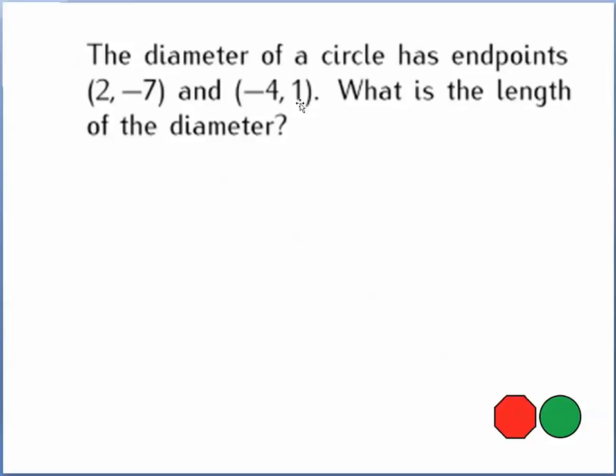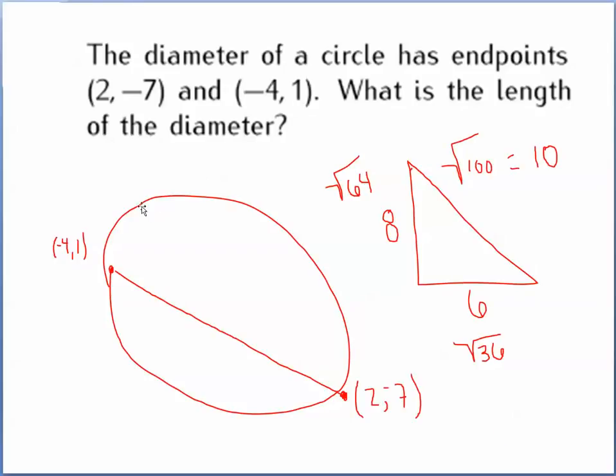All right, first thing I did was I drew a picture so that I could visualize this. The picture that I drew, while not perfect, let me see that I was dealing with a circle, and I had some diameter that passed from -4, +1 to +2, -7. And I recognized that that is the hypotenuse of a right triangle. The difference in the x direction is,